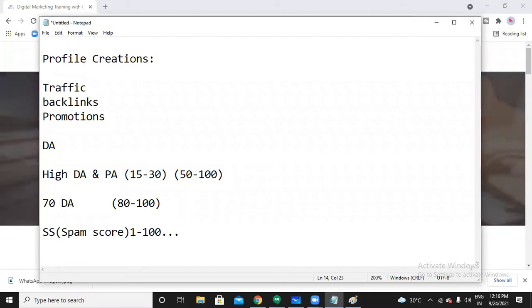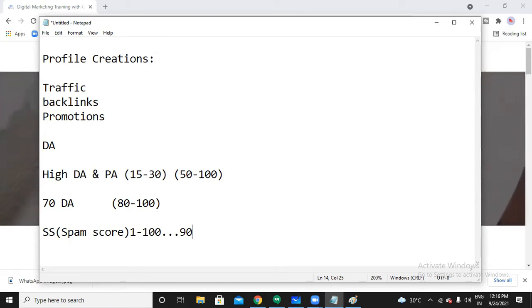If a website has a 90 spam score, never ever try to get a backlink from that website. Why? Because your backlink profile would be very weak when you get a backlink from high spam score websites. So you should always try getting backlinks from high DA and PA as well as low spam